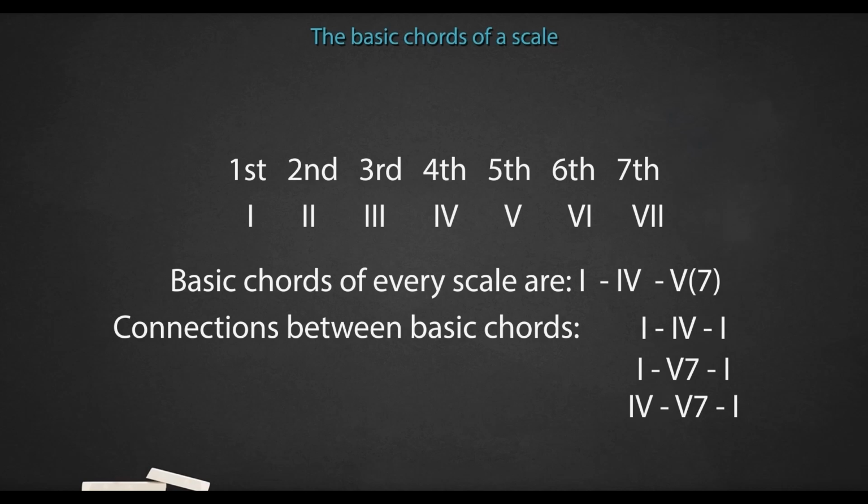Very characteristic of the connection first, fifth, 7th, first is from classical music, where in the finale of many pieces we hear many times the connection first, fifth, 7th, first. This connection gives